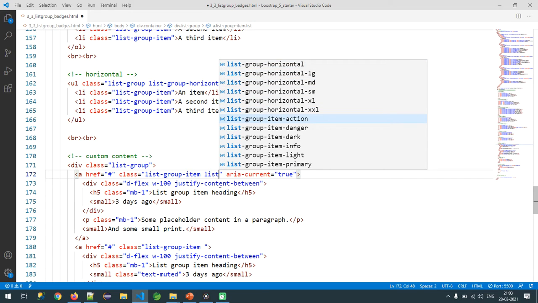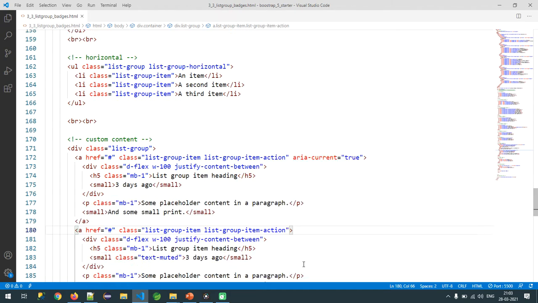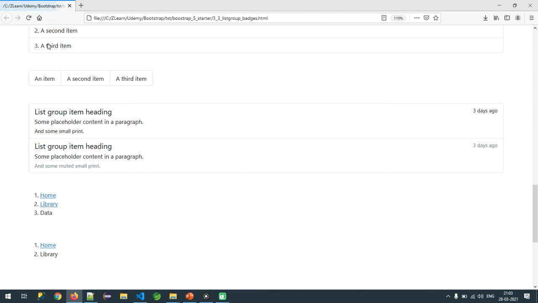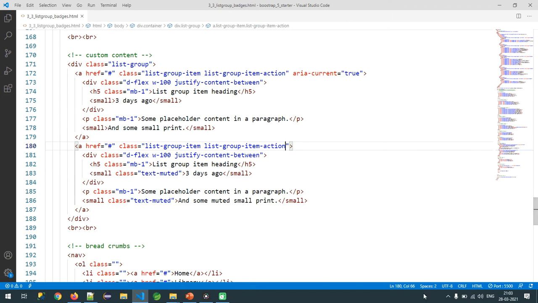List group item action. So likewise you can have any actions as you like. Let me refresh. List group item action.